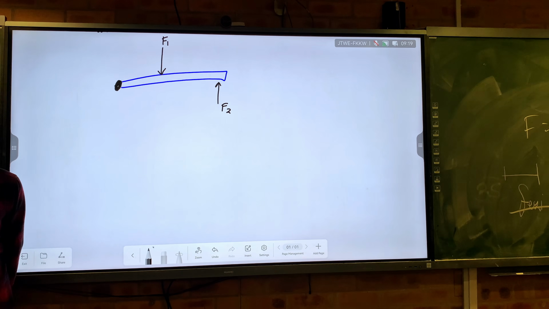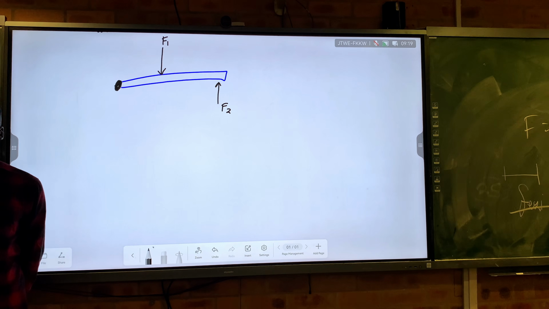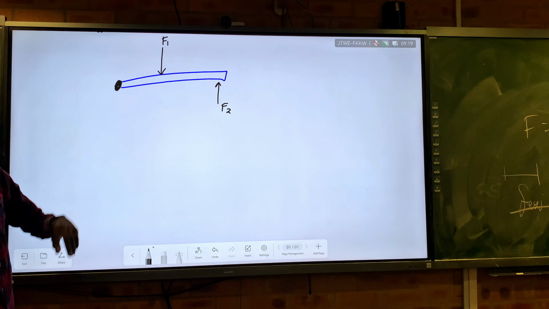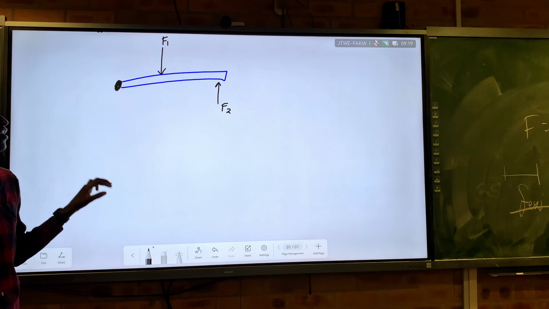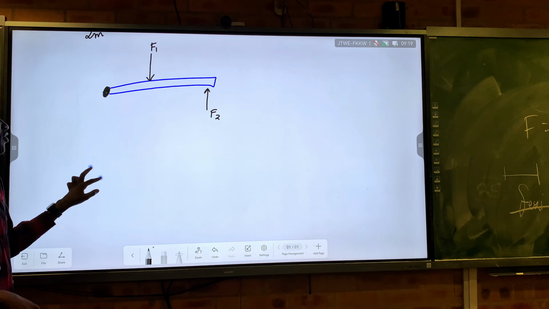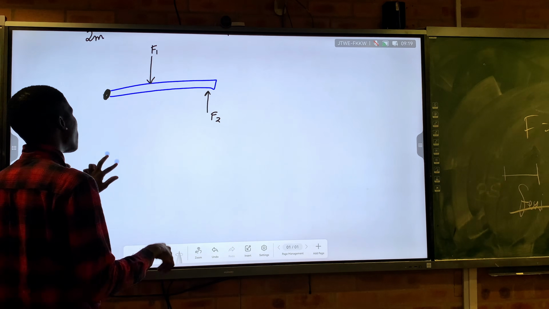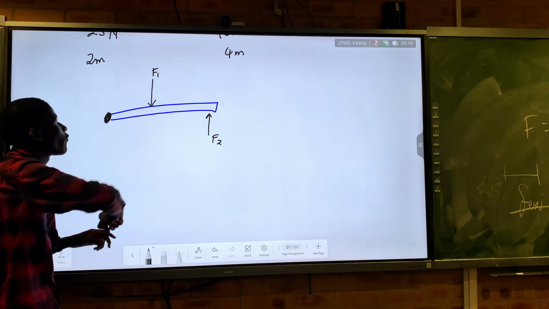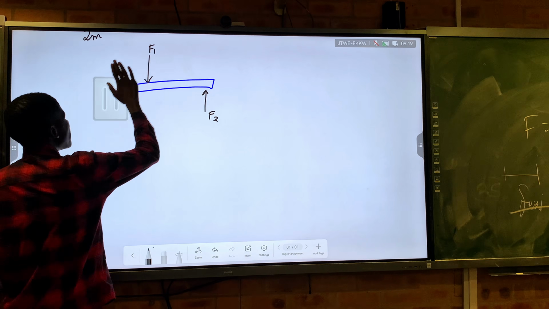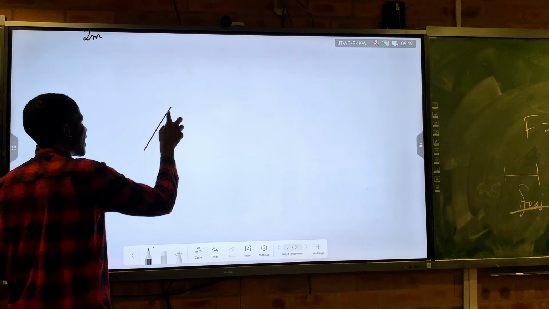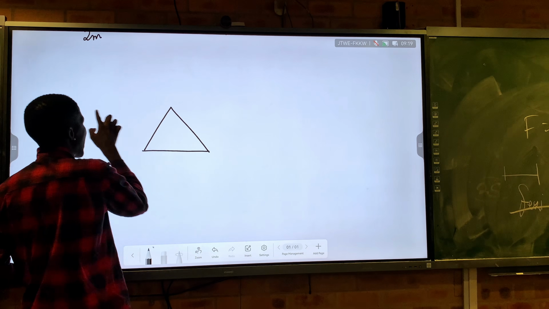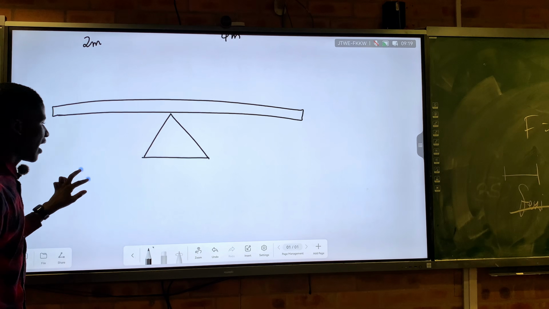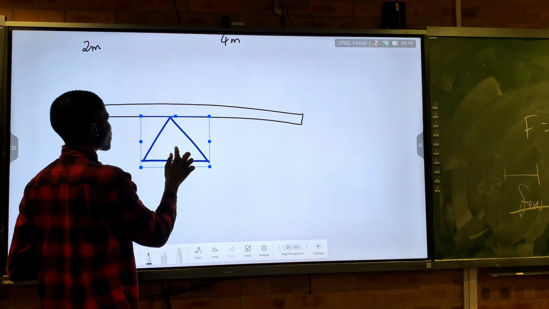So at that instance, we are going to have a net torque, because we're having two forces that are causing torque, right? So the net torque is actually going to give us what? Let's just do the sum of the torques. This is going to rotate. Let me just say if force number 1. Okay, let's just do an example so that we understand it, right? Let's just do an example like this so that we understand it.